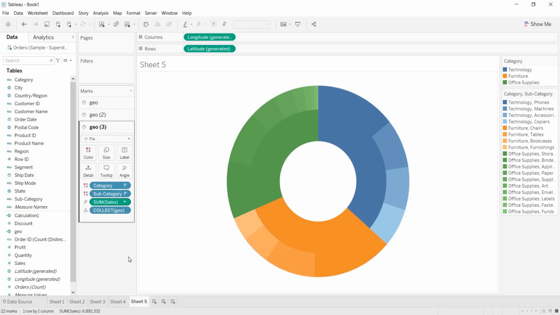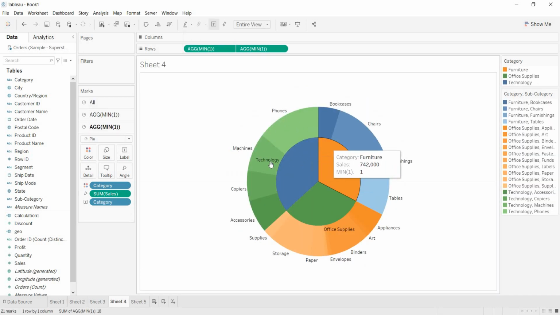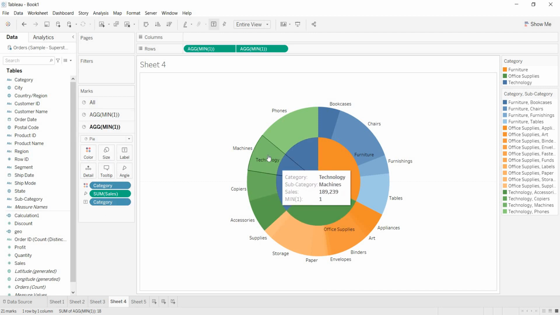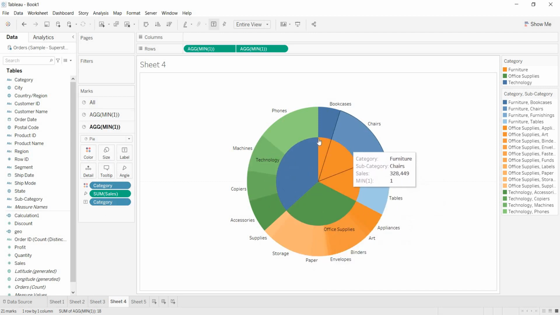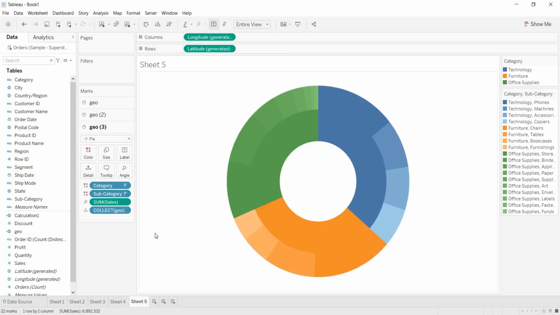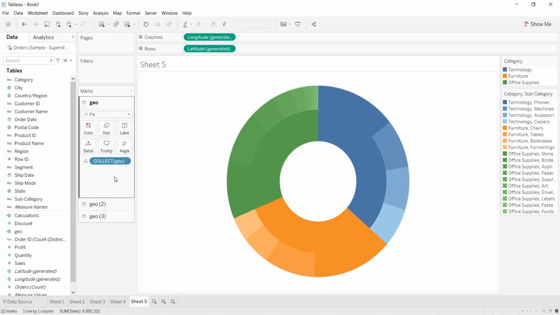Even the view is sorted also. Now to get the labels, see, when we were getting the labels for a normal donut, layered donut, when I take the label of these categories in the marks card of the category, they come outside this circle. So in this case, as I want to bring the labels on this, just go to the white space where that white space is available. What is meant by white space? This middle part, right?